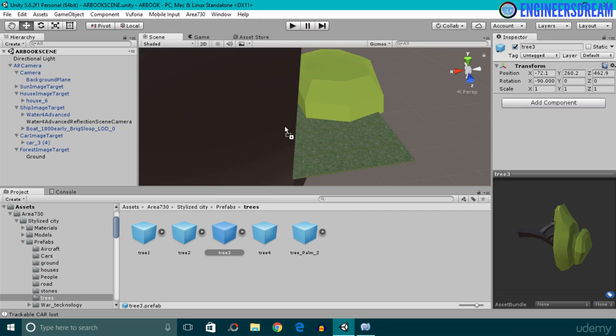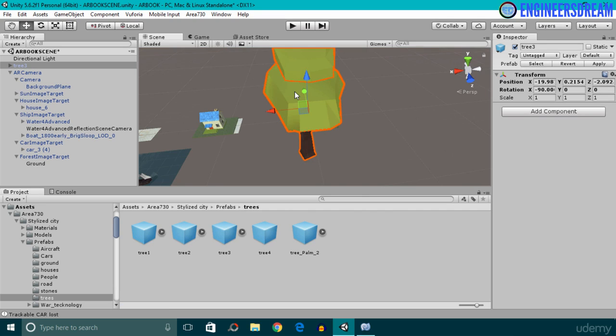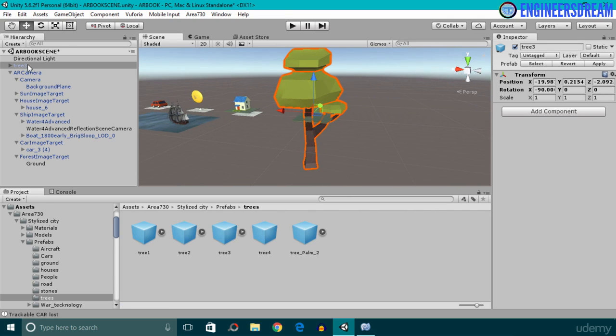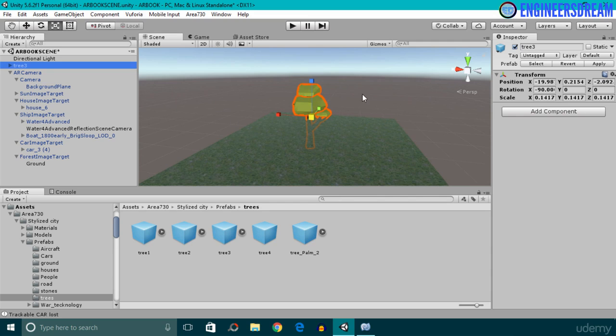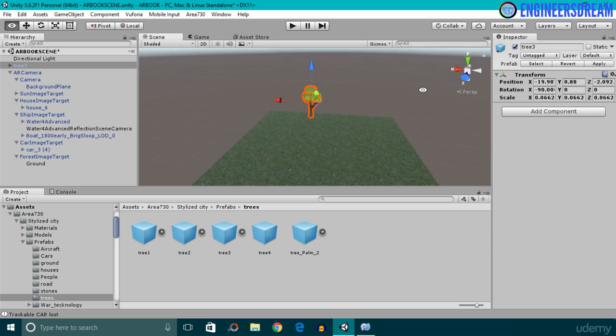So I'll first select the tree 3 and I'll drag it inside the scene. So as you can see, the scale of this tree is way too big. So I'll select the 3D scale tool and I'll reduce the scale of it. Okay, I'll reduce the scale a little bit more. I'll select the position tool. I'll move this on top.